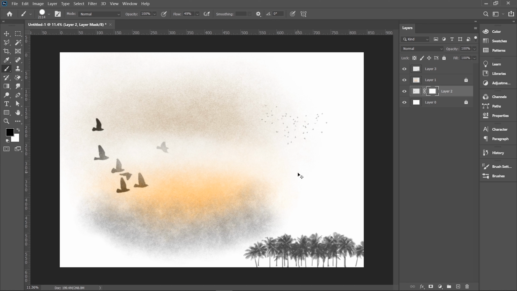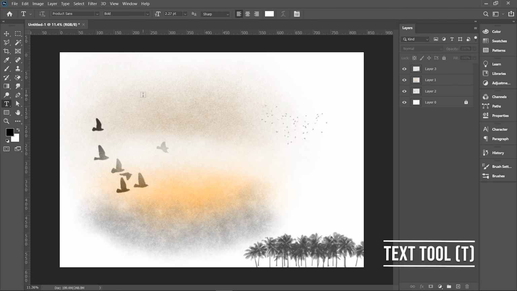Let's add some text as well. Click on the text tool or press T from your keyboard. Text tool itself makes a new layer.